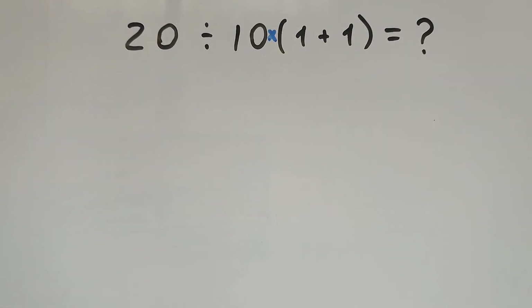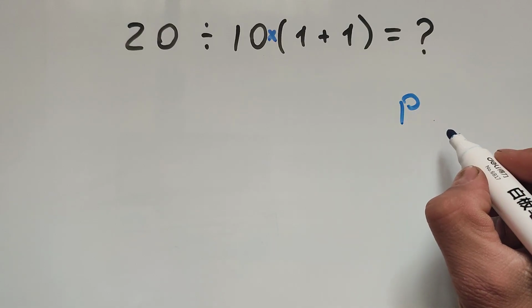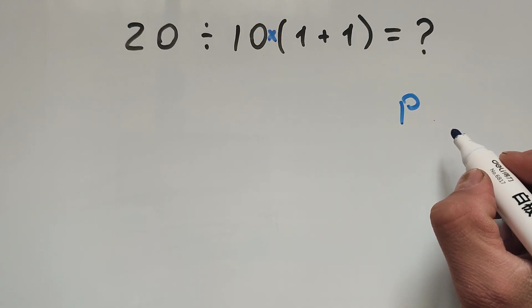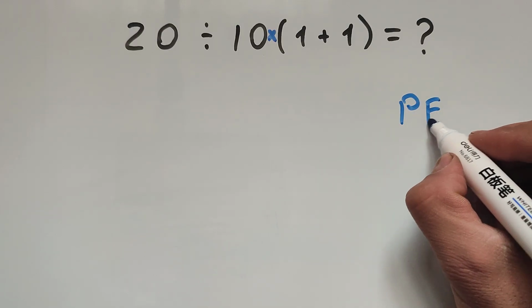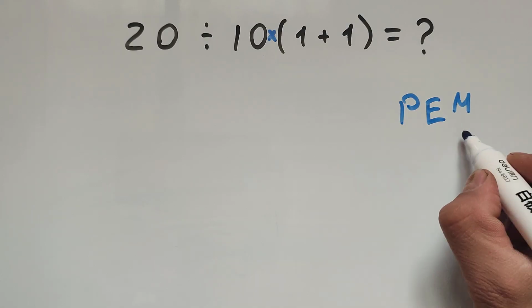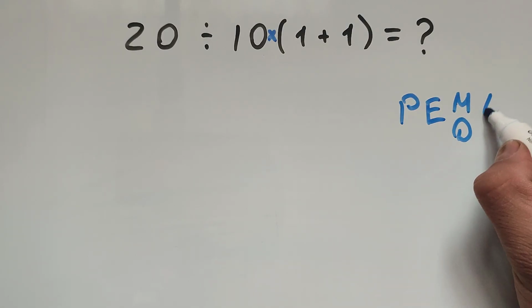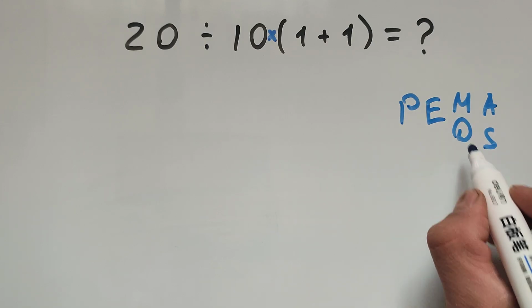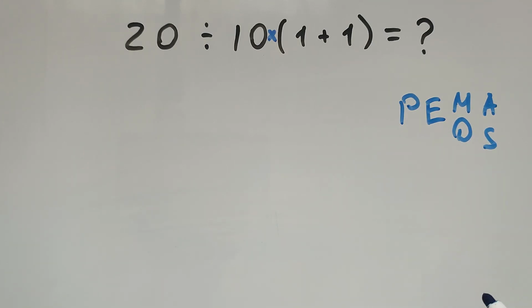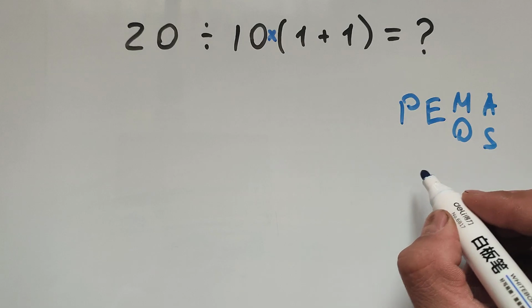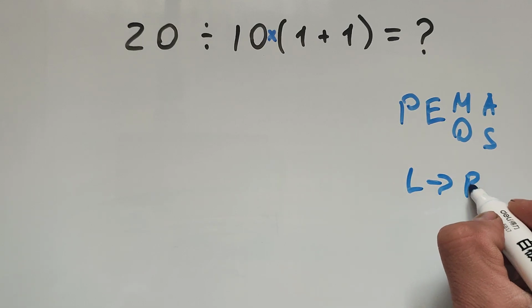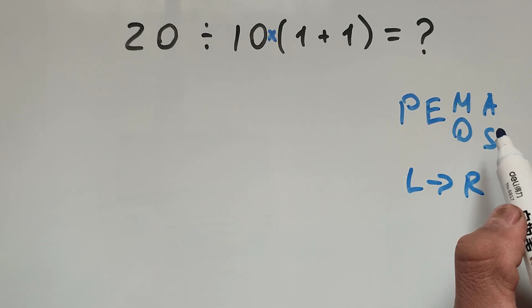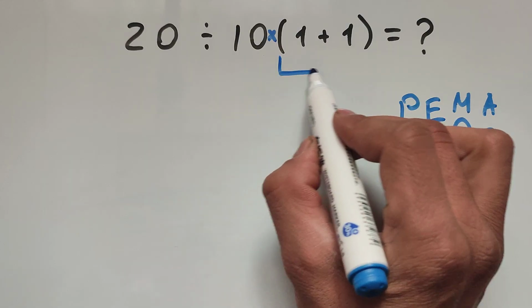according to the order of operations, first we have to work inside the parentheses, and then if there is any exponent we have to work its exponents, and then multiplication and division, and finally addition and subtraction. Here multiplication and division have equal priority, that's why we have to work from the left to the right. And according to this rule, first we have to work inside the parentheses.